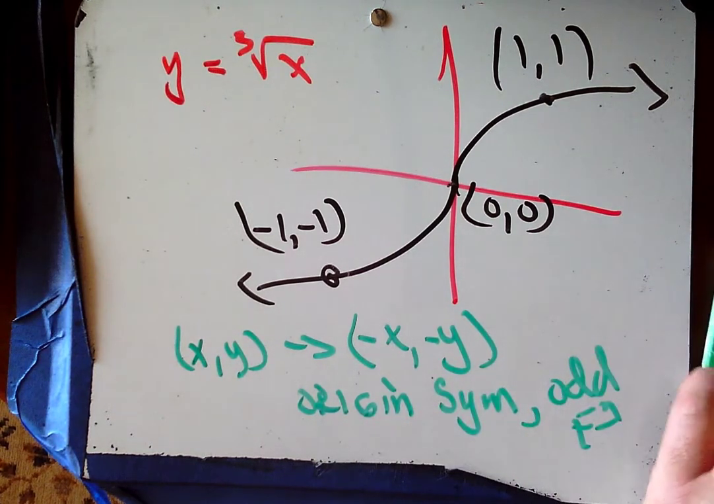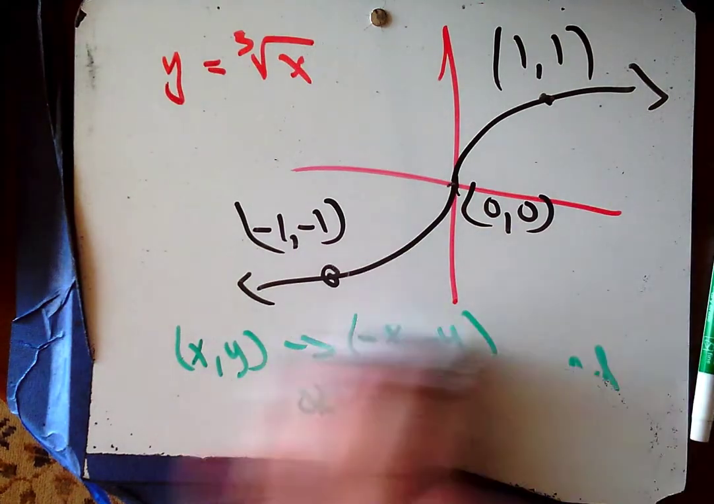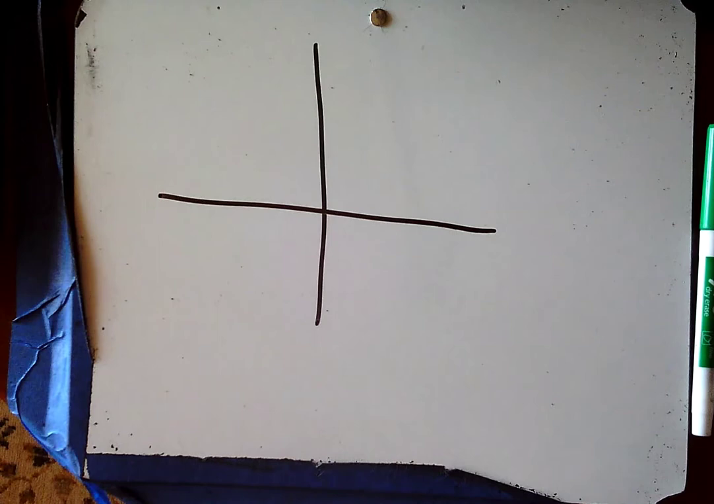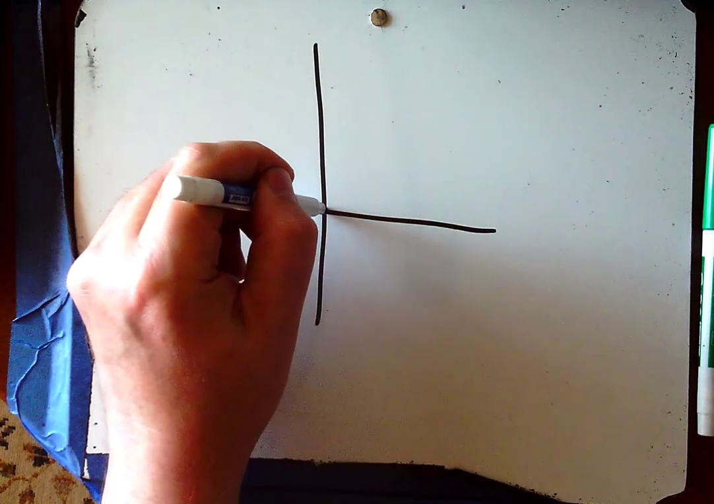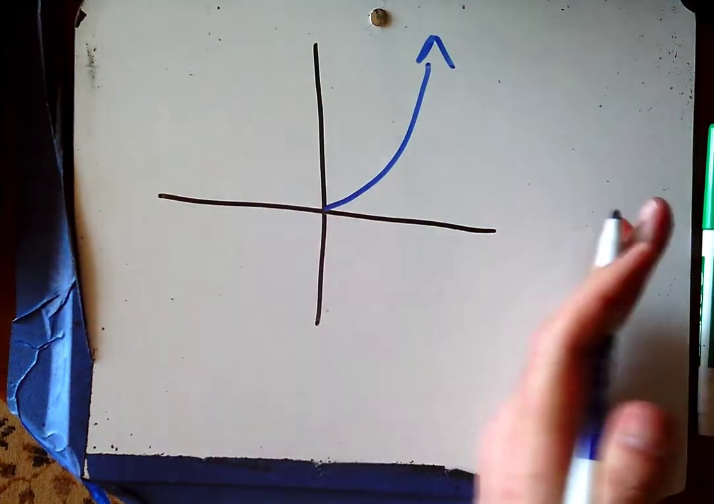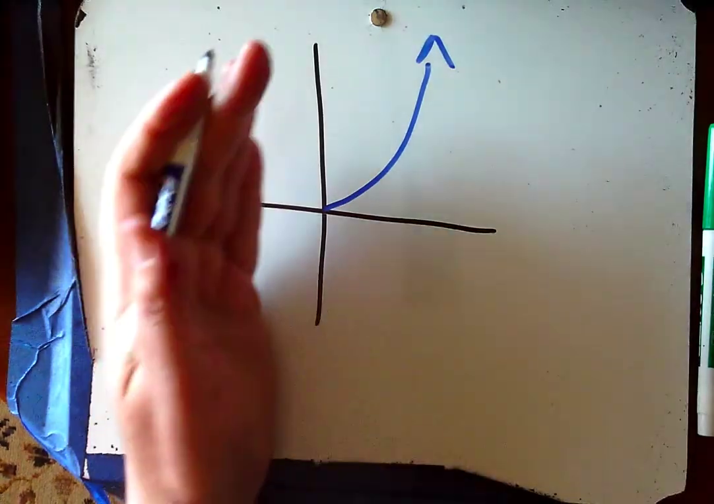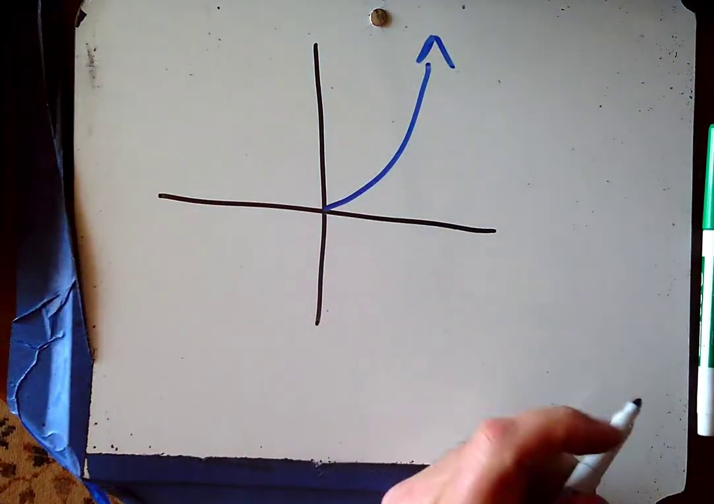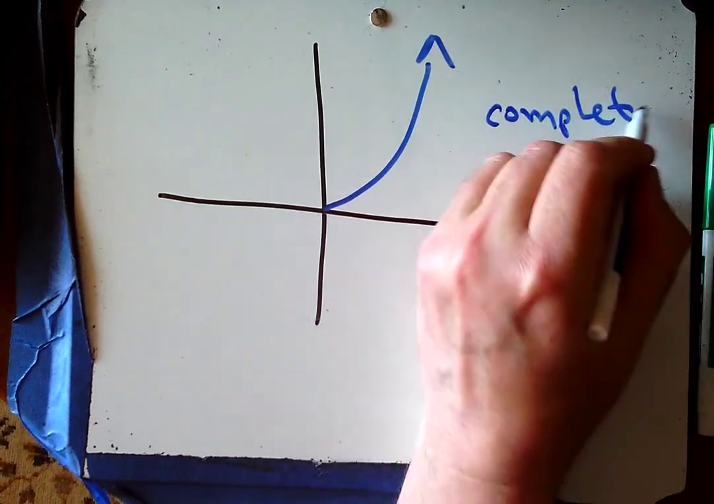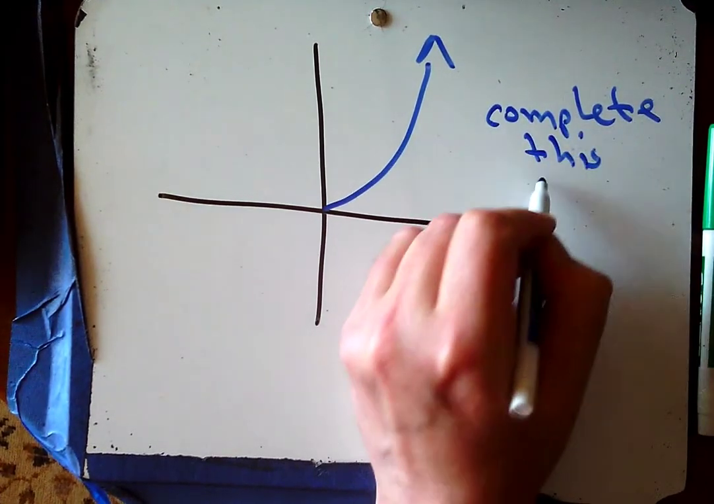Okay, the last thing I want to do with you regarding symmetry is to have you take part of a graph and complete it with different symmetries. So, for example, here's part of a graph. It's only the positive x's part of the graph. I need the negative x's part of the graph. Will you complete this graph